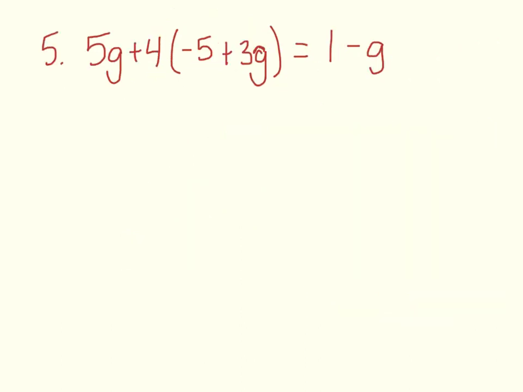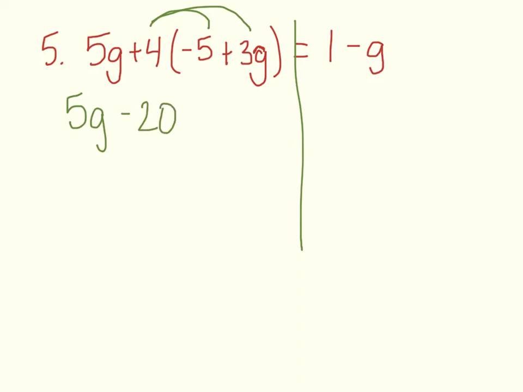Number 5. 5g plus 4 times negative 5 plus 3g equals 1 minus g. Okay, so on the left side of the equal sign, you have a distributing problem. So 4 times negative 5 and 4 times 3g, you just keep this other 5g out front. So 4 times negative 5 is negative 20, and 4 times 3g is positive 12g, and that equals 1 minus